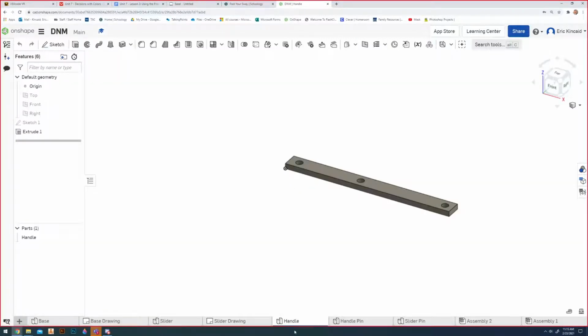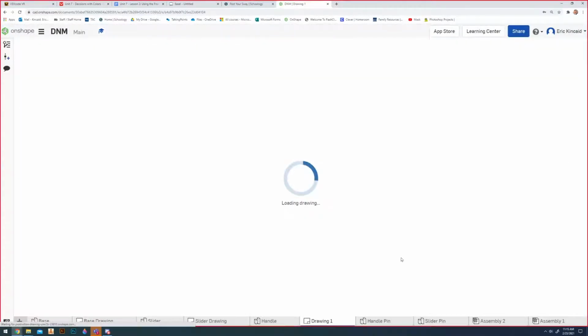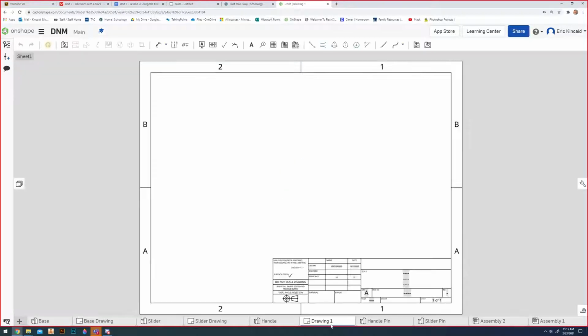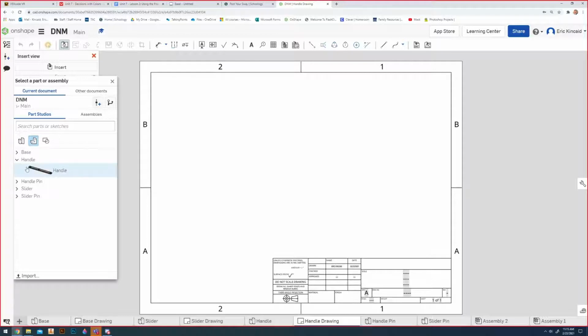Now we're going to do the handle. So select the handle. We're going to create a new drawing. So insert new element, create drawing. Select ANSI A millimeter. Hit OK. Same thing. Rename your tab, handle drawing, grab your handle,